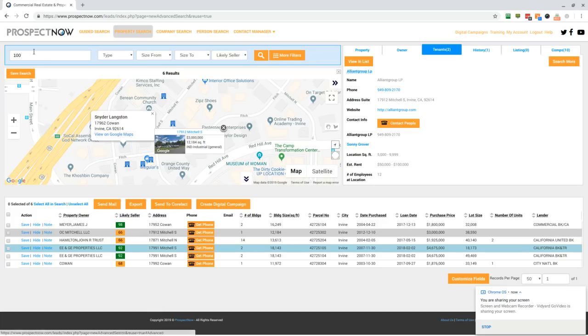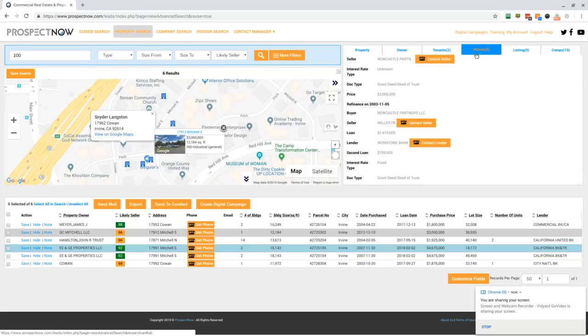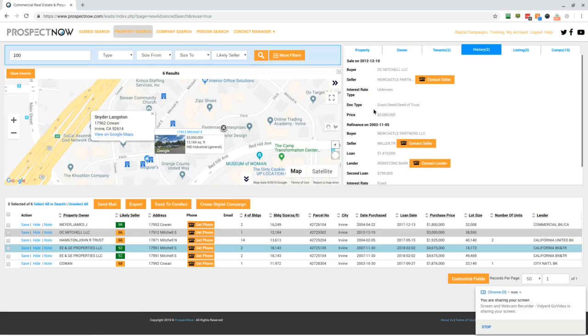So that is a pretty good example of how the property search works. If you want to see information like historical transaction data on a property, that's all on the history tab right next to the tenants. So all that data is there as well. We have MLS data, but for commercial that tends to be less valuable. So if a commercial property makes it to the MLS, you'll see it here on the listing tab, and that's what that is. So, okay, that's a pretty good overview of